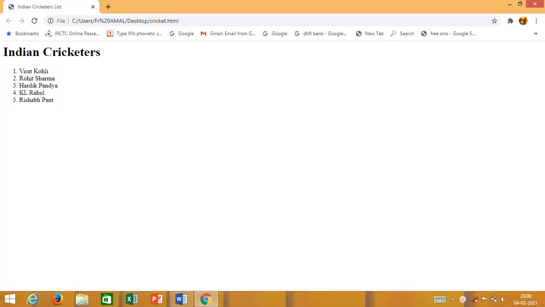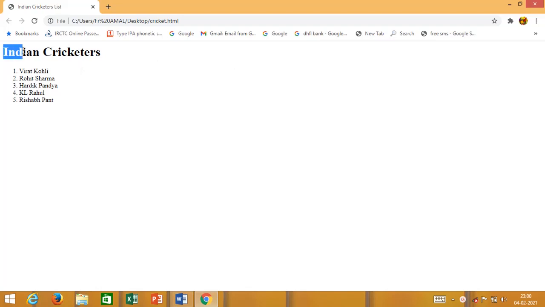Now I am going to show you about the marquee tag. Now what is the marquee tag? This is a very special tag used in an HTML document to give some extra effect to a string or a sentence or a block of text. What it does is it is used to scroll a block of text within the web page.